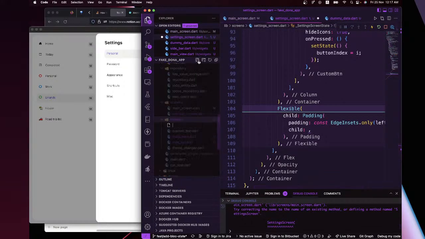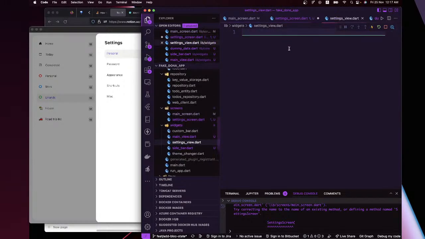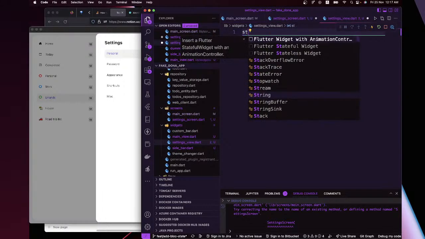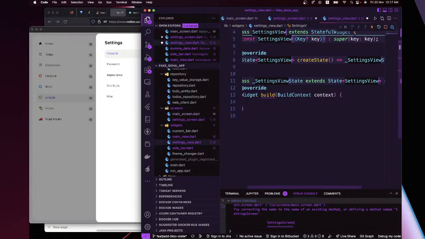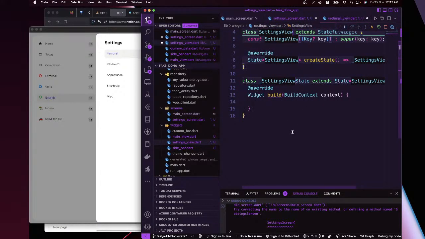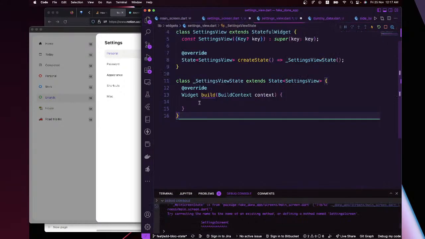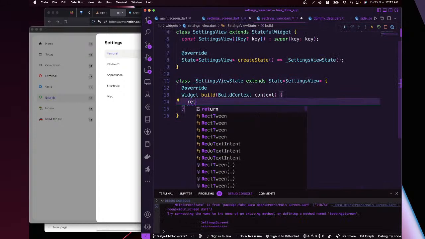Then I need to go to my widgets folder and create right in here. I'm going to say settings_view.dart, and this should be a stateful, yeah, we'll just leave it as stateful widget. Settings view, so return